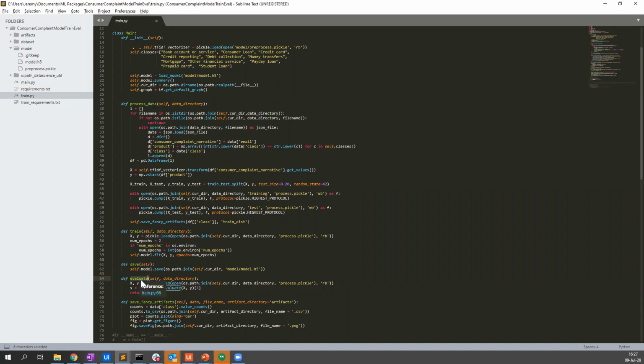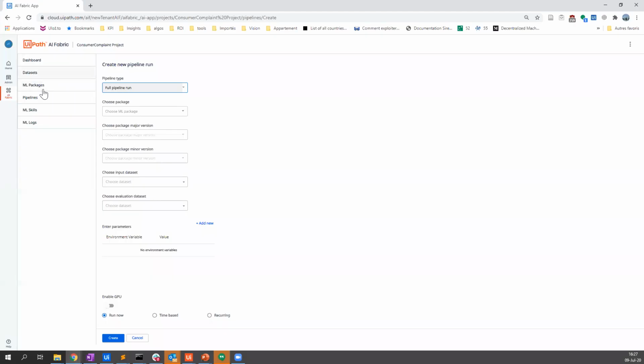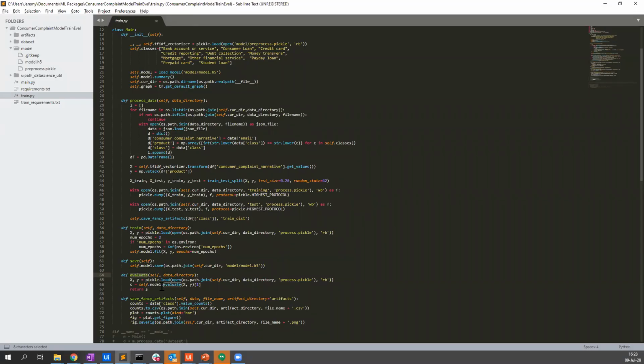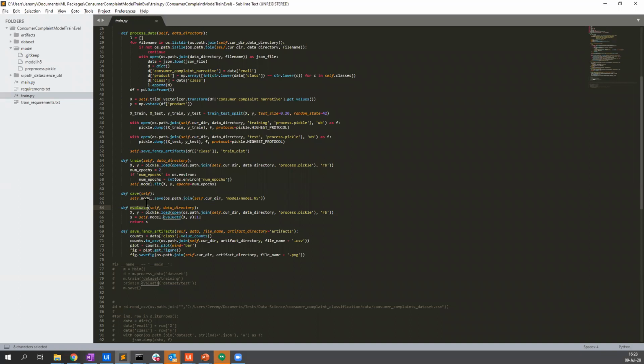Once we have evaluated the whole model on the testing data, we'll train the model, we'll save it, and we'll evaluate again because now we have the new version of the model. And what we want to do is compare the 2 versions. And this, you will be able to see in the results.json I was talking about before. And that's it. So it's kind of simple pipelines that we want to give you.